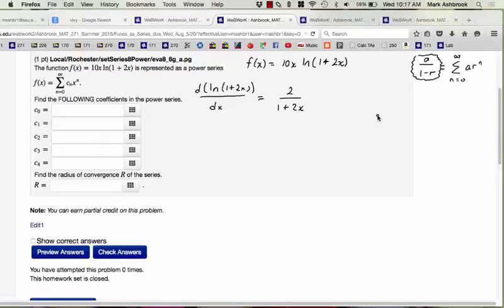Okay, so now the question is, we've got our function is 10x times natural log. So is this going to be helpful? If I find a series for this, 2 over 1 plus 2x, then I can do the antiderivative, and I have the series for natural log of 1 plus 2x. Is that going to be helpful? Each term is multiplied by 10x. So basically if I can rewrite this thing right here as a series, we talked about this principle yesterday, right, as a series,